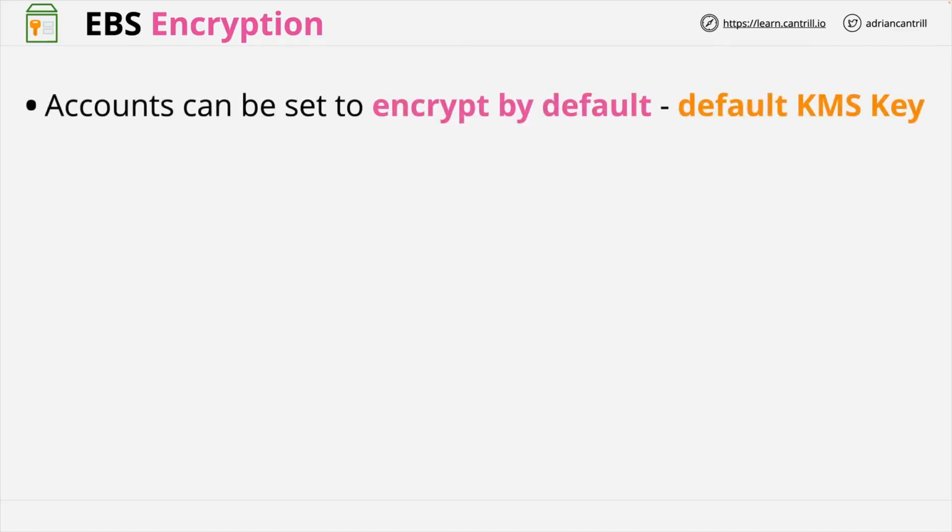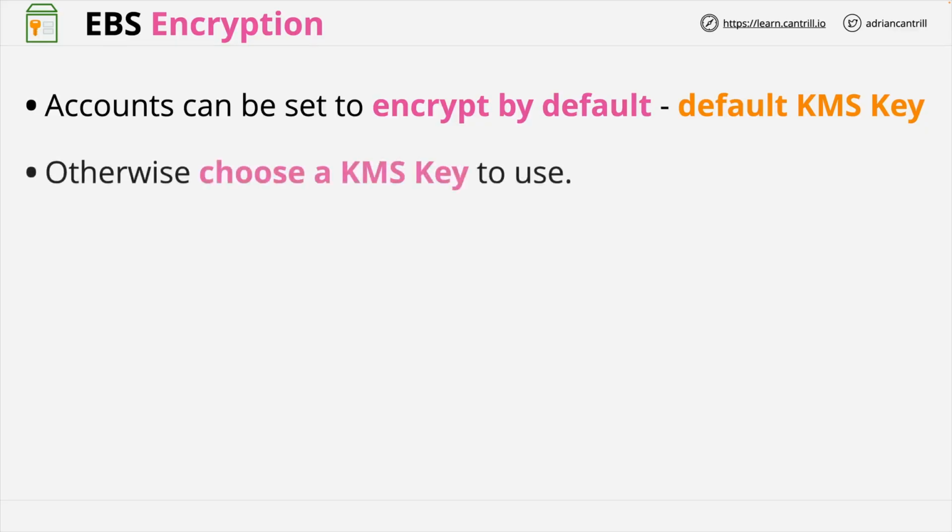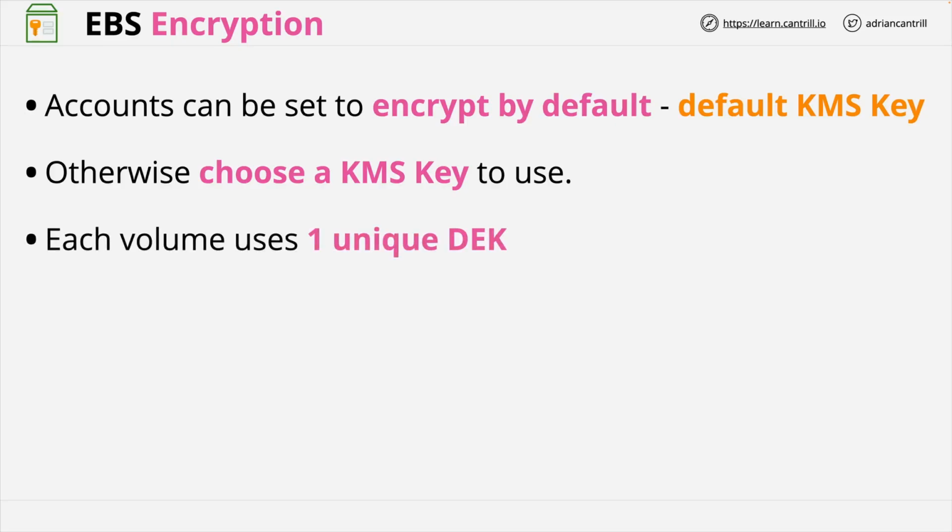AWS accounts can be configured to encrypt EBS volumes by default. You can set the default KMS key to use for this encryption, or you can choose a KMS key to use manually each and every time. The KMS key isn't used to directly encrypt or decrypt volumes, instead it's used to generate a per volume, unique